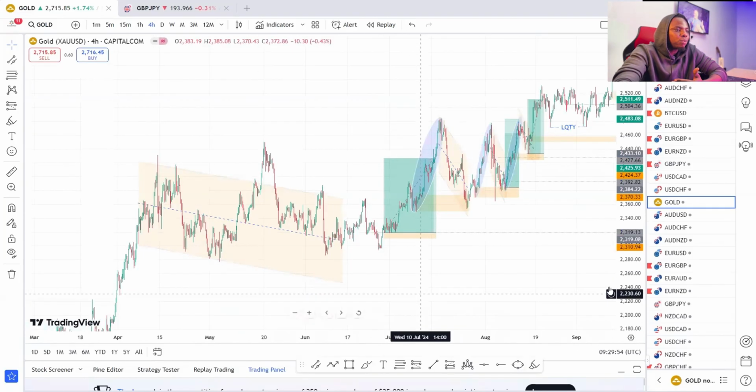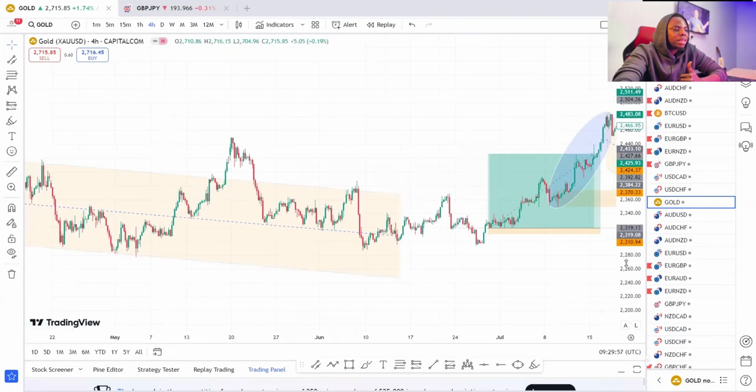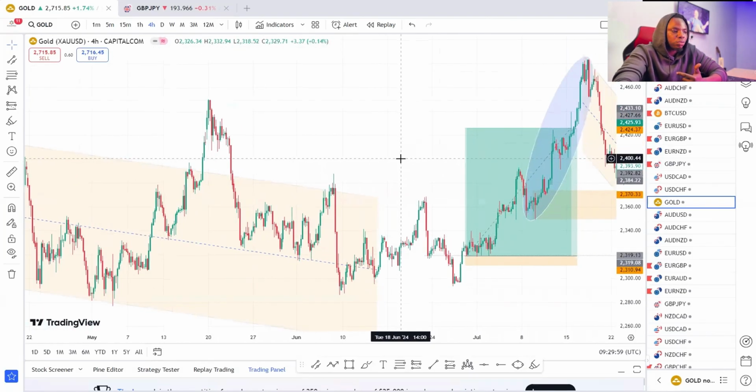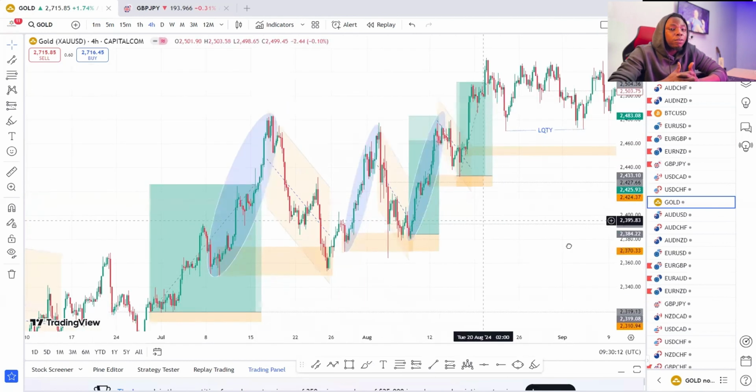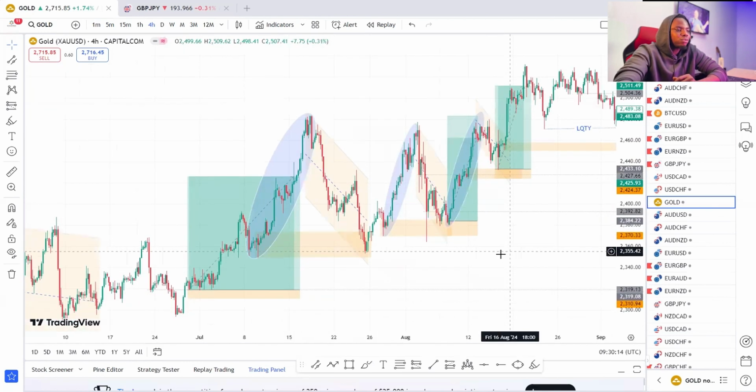And if you check what gold has been doing, truly for me, I prefer to buy gold than to sell gold. Yes, because if you check gold on the higher time frame, the weekly time frame, the monthly time frame, gold has been a very strong bullish movement. So in respect to that, I feel more comfortable, more confident in buying gold. Now let's see what happens here.